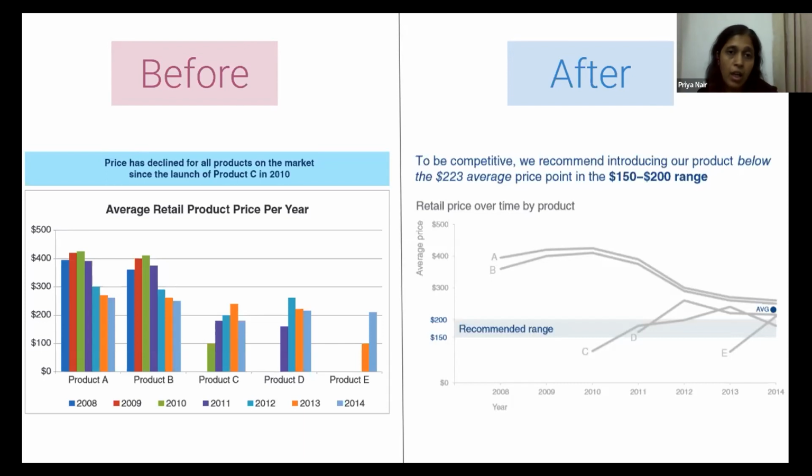It is just that our end goal is to find a competitive price for our product, right? And that is the reason why all the lines are of the same color,